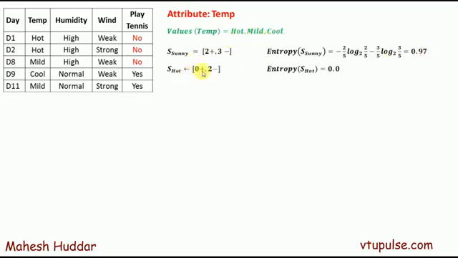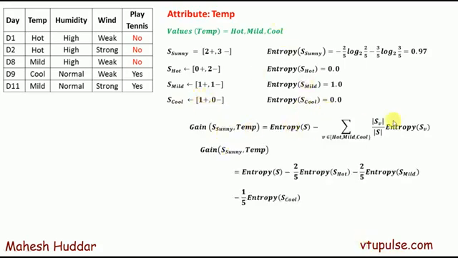So S hot, we can see here hot is appearing 2 times, both of them are negative examples. So 0 plus, 2 minus, because only negative examples are there, the entropy is 0. Similarly for mild, one is no, another one is yes, one is positive and one is negative. Because equal numbers of positive and negative examples are there, the entropy is equivalent to 1.0. When it comes to the next one, cool, we have only one example, that is also yes. So 1 plus, 0 minus, because only positive examples are there, the entropy is equivalent to 0 in this case.